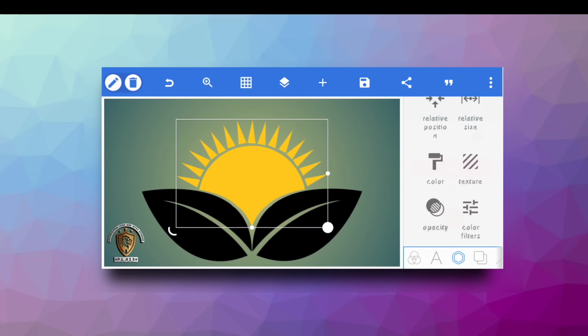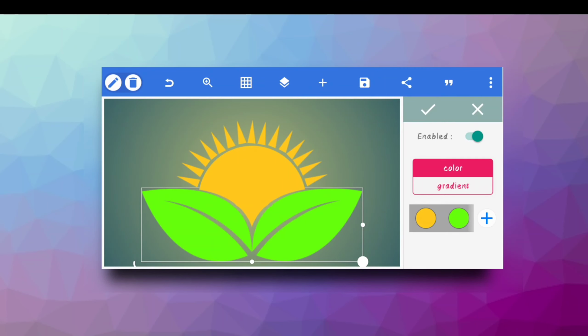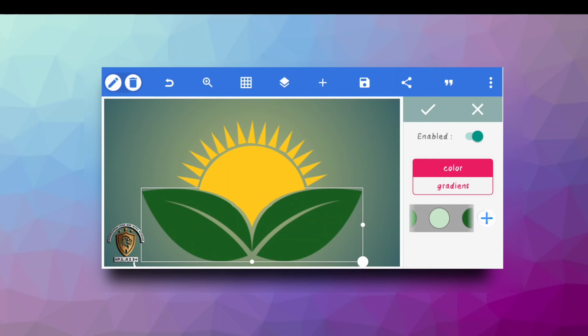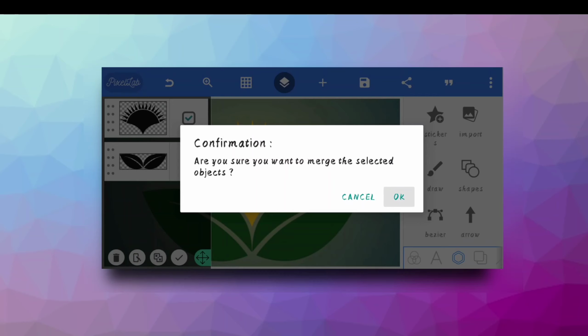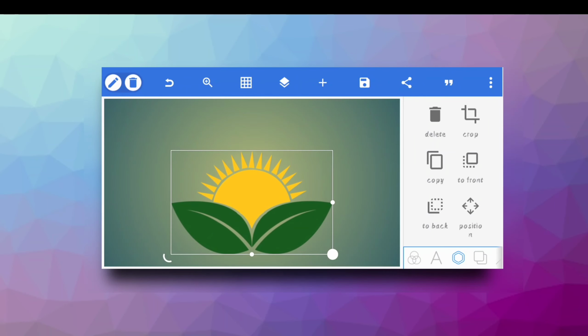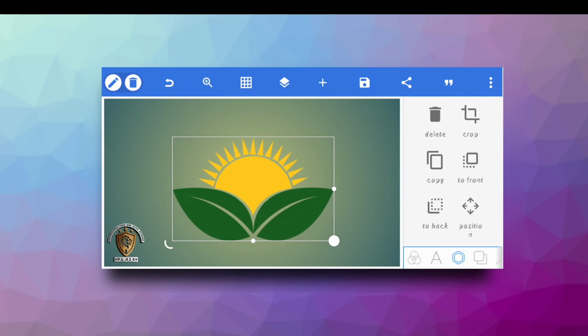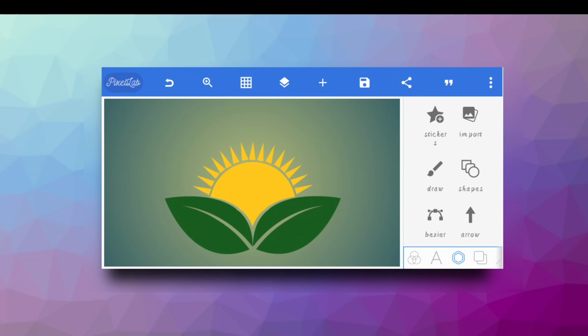Yeah, it's well now. So after that use green color for the leaf, it's also good, and I think this color will match it. Yeah, great. So lock it also and combine both layers because we have finished our work on both layers. So combine it and then make it small in size, so you will work well on PixelLab because the screen is small. So we will need to make both of these layers small in size, okay, and make them in